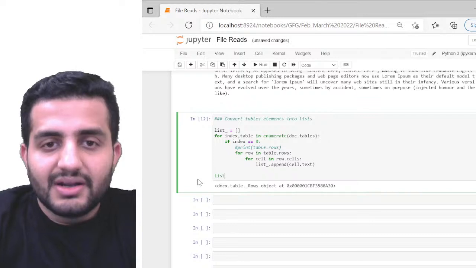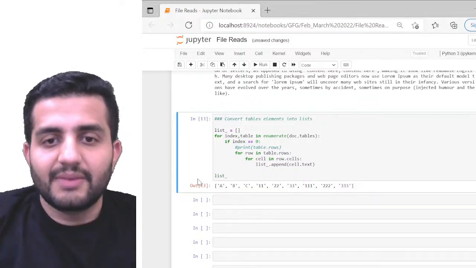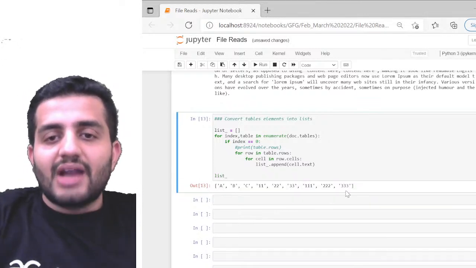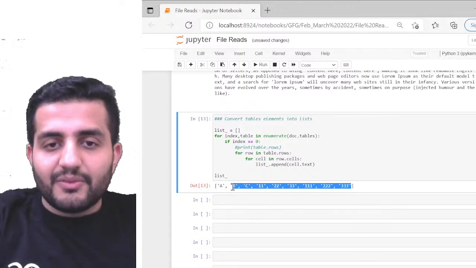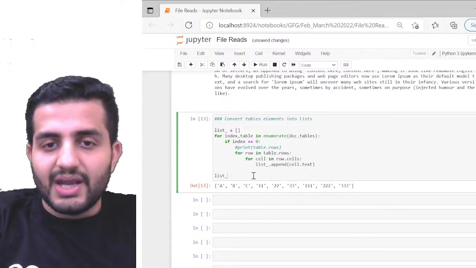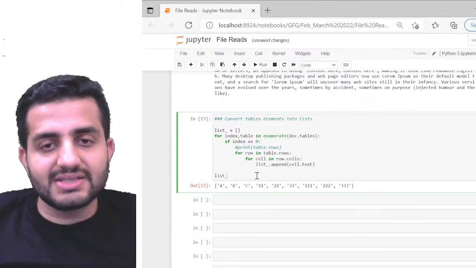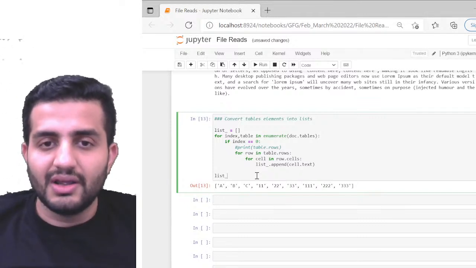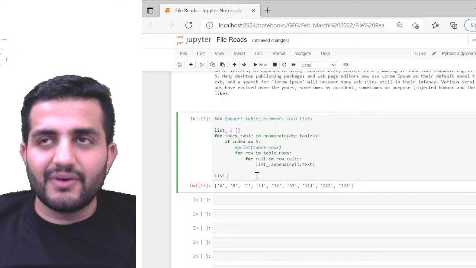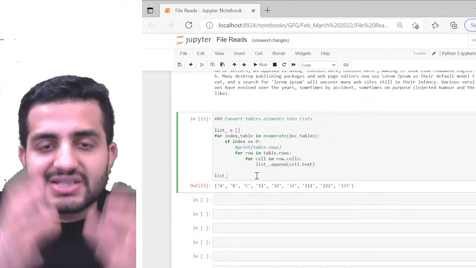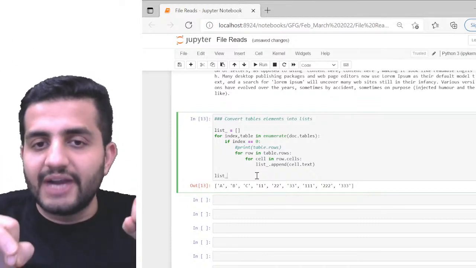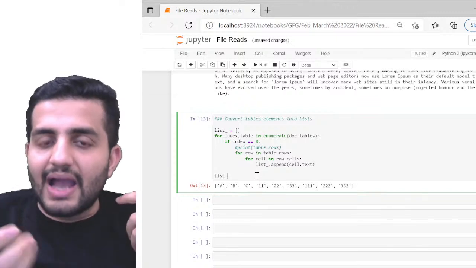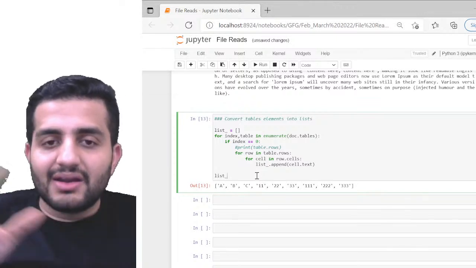Now if I just print list underscore table which I have, can you see this? Now I have this particular information within my list, right? Yes, I can definitely understand this. This is not a kind of formulated thing which you want, but still I have the content which I wanted, right? I can further fine tune this. Maybe I can create a list of lists.